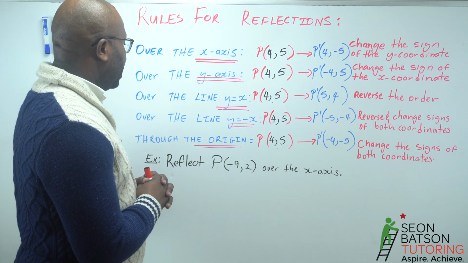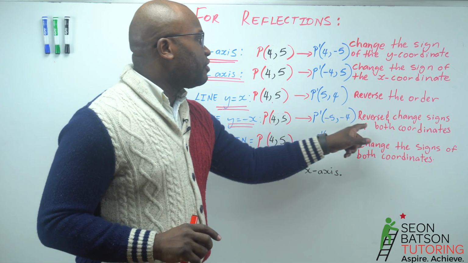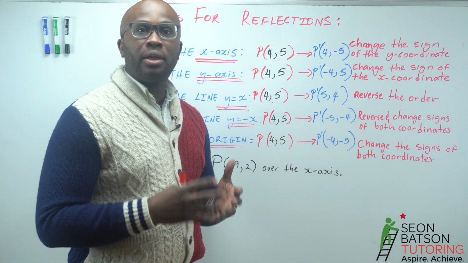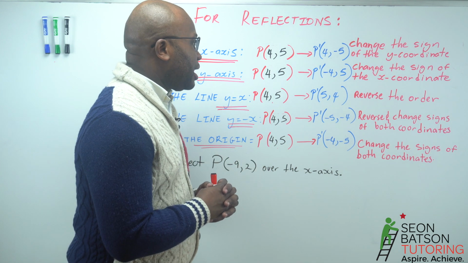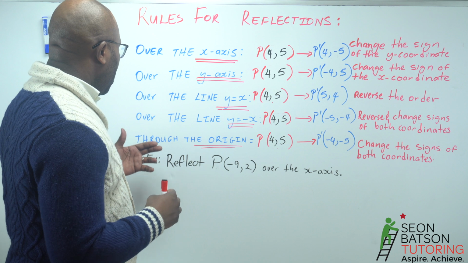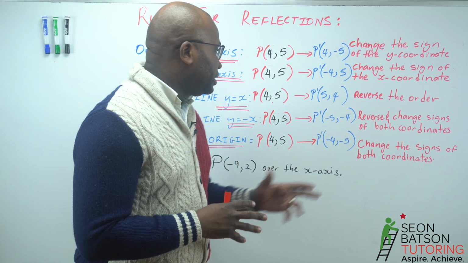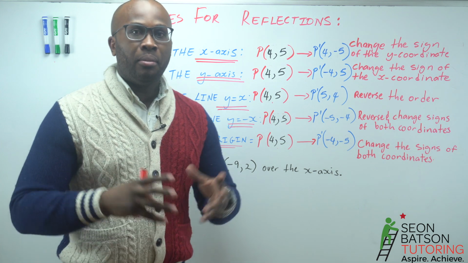When we reflect a point over the line y equals negative x, we will reverse the coordinates, then change the signs of both coordinates. And when we reflect a point through the origin, we will change the signs of both